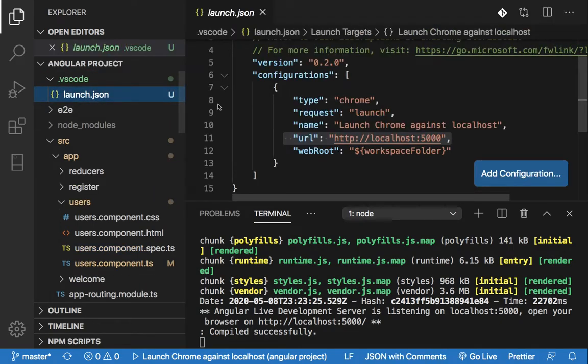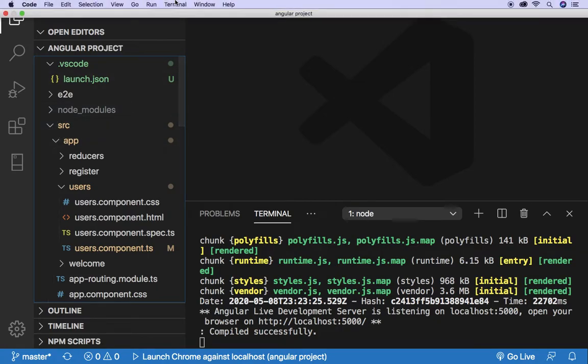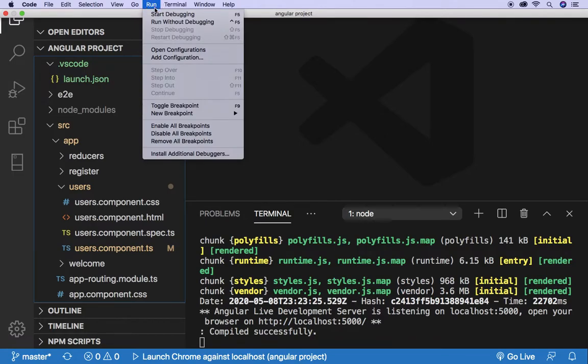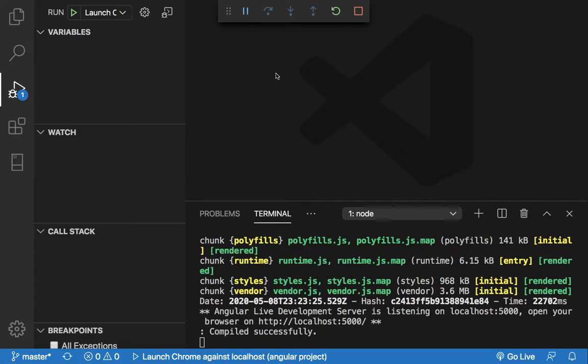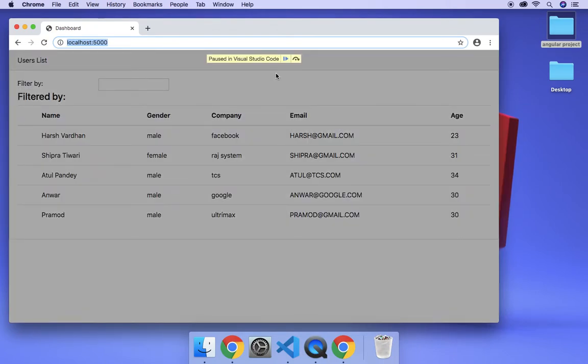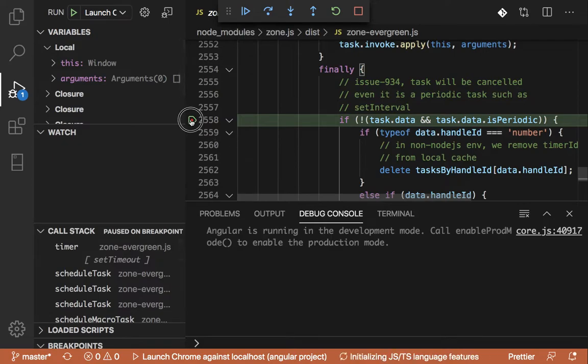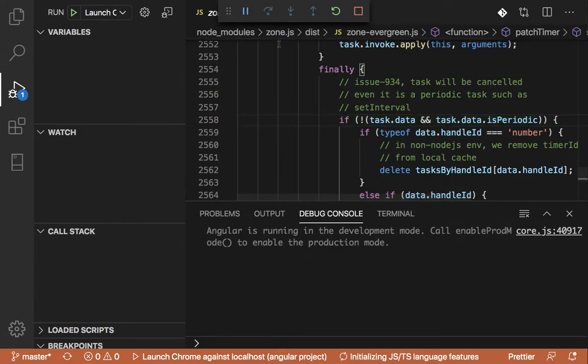You can see this again. If you want to see, you can open it from here, and this is my project. And the next step is we can just click on Run and there is an option called Start Debugging, so we can just click on Start Debugging. Once we click on Start Debugging, you can see the browser automatically started and localhost:5000 is also coming. Right now I'm displaying the list of the users here, so you can see the list of the users. Also previously I had put some breakpoint, so it is coming here.